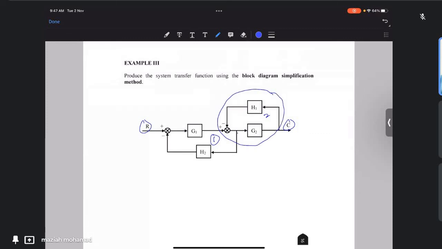If we start with the second loop, you will need to move the pick-off point toward the output. We can only move the pick-off point toward the output because we cannot move toward the input, as there is a summation point there. We cannot move over a summation point and then over a block; we can only move over a block. The block beside the pick-off point is G2. So therefore, we're going to move toward the output. If we move toward the output, the block diagram will become